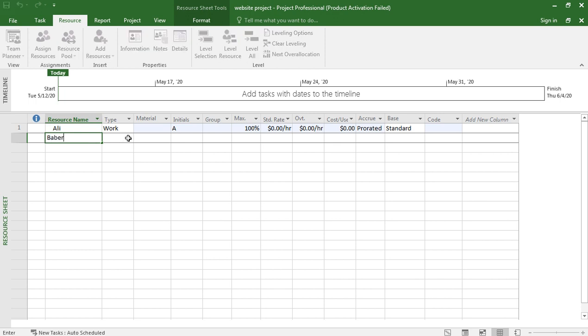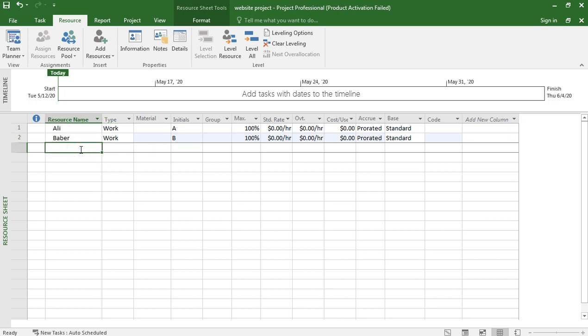This is the standard rate. You can set the per hour rate of this person here, to calculate the total cost, and here you enter the code, for example, which department Ali belongs to.